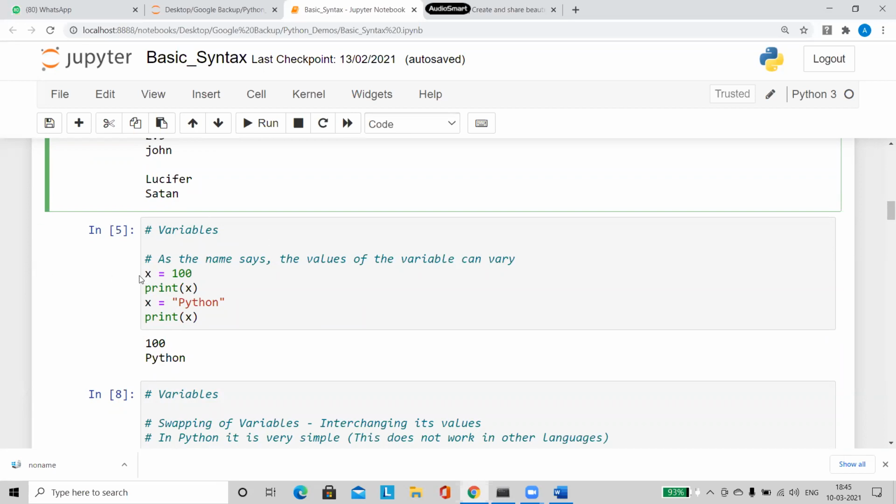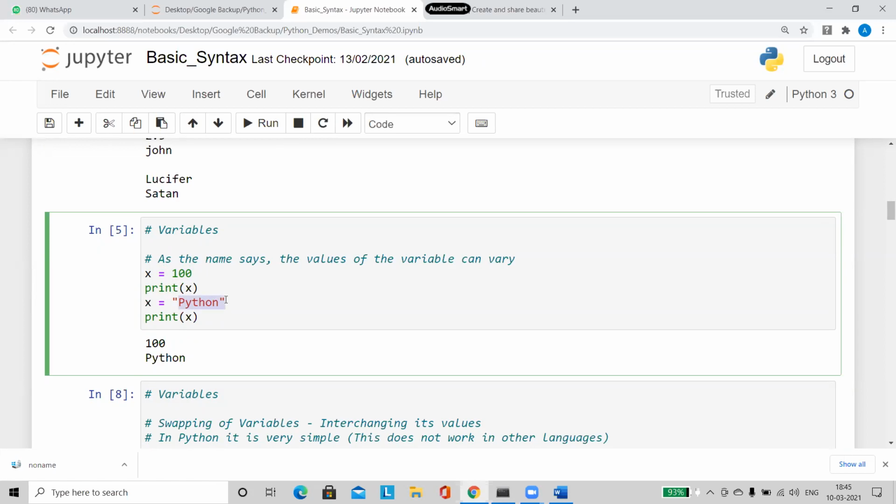See here, in the first line, I'm assigning the value of x as 100. Right, then I'm printing my x. Then again, in the third line, I'm saying x is equal to Python. So the same variable, this is also x, this is also x. But in this particular line, the value of x is 100. But when it comes to this line, the value of x is going to be changed.